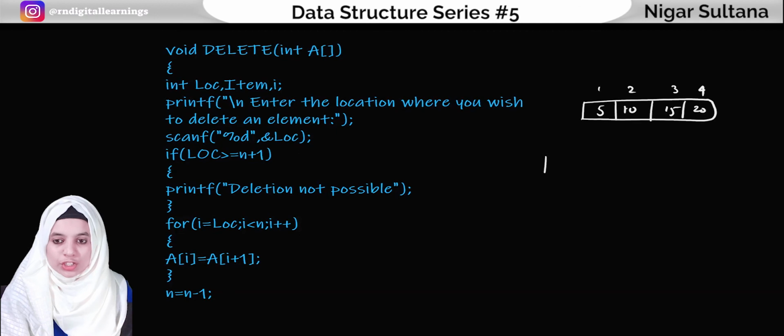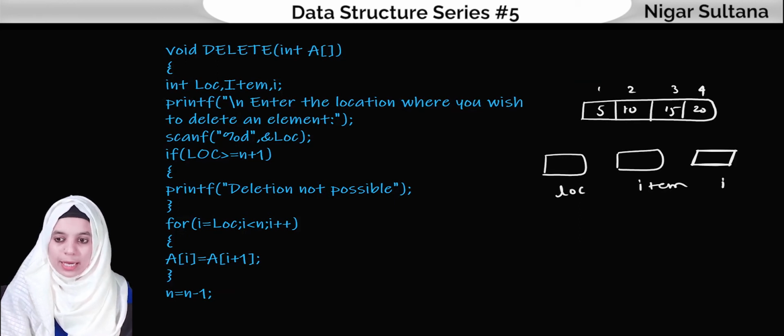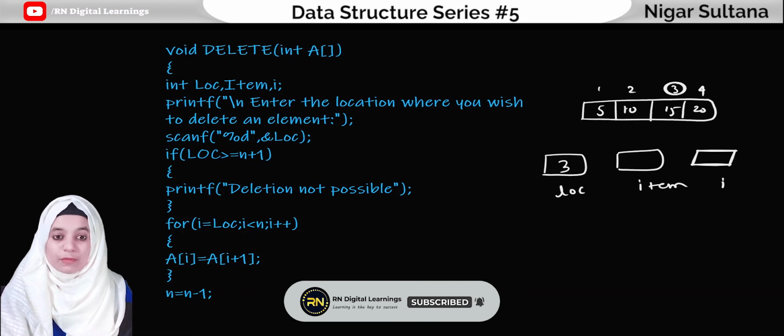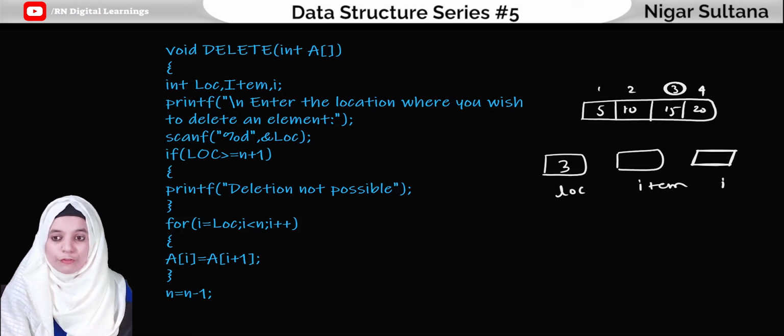I must give the location, then I must provide the item, then I value. So let us take location, item and I. So the location value, I wish to delete an item which is present at 3. Okay, so location is at 3, item will be like, what is present in the location of 3? We have 15, right? So now I have given the element that will be stored in the address of your